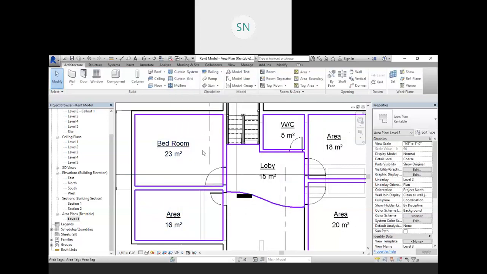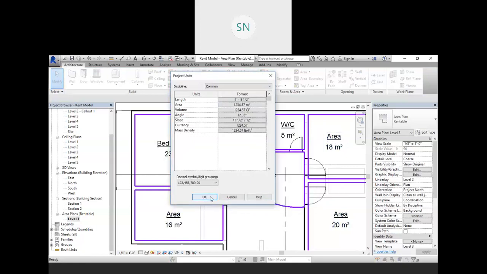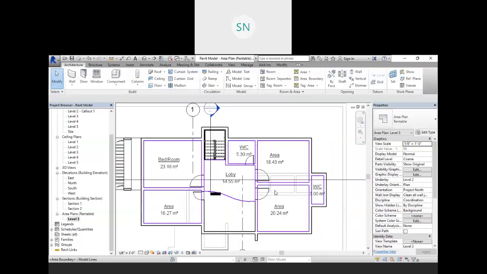So in this way you will get your output. Also we need to set some precision. So over here precision should be up to 2 decimal place. Okay, so we have this area now.